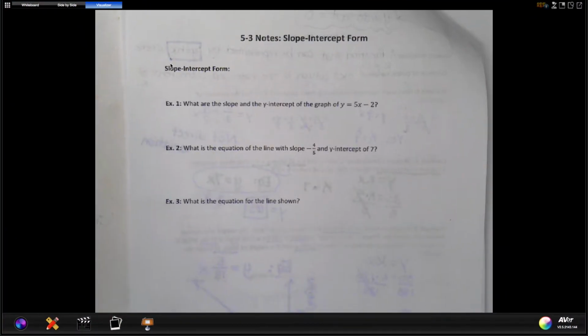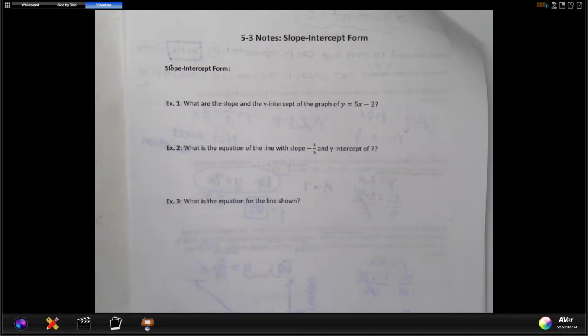So here we go. So 5-3 notes, slope-intercept form. Not a ton of examples again today, but just kind of the basics of what we've been doing this whole time. It'll probably help if I get a marker. All right, so slope-intercept form is what we've been working with this whole entire time,